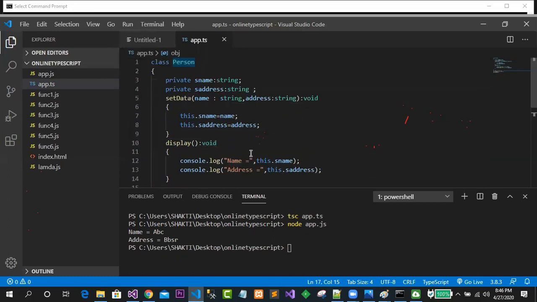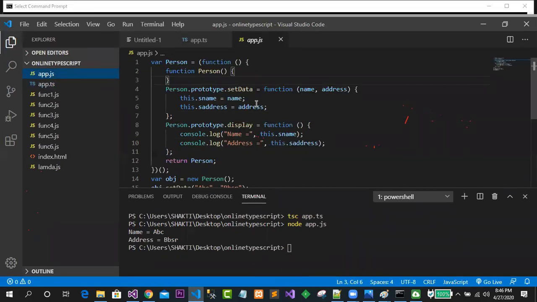It is very simple to understand how we are working with class and object concept in TypeScript. If you look in the JS, a lot of code has been written. You can see it here, but we still have an idea what prototype is, and what Person is. Person is the class name. As I told you before, prototype is a static property which is responsible for adding a function to the class.